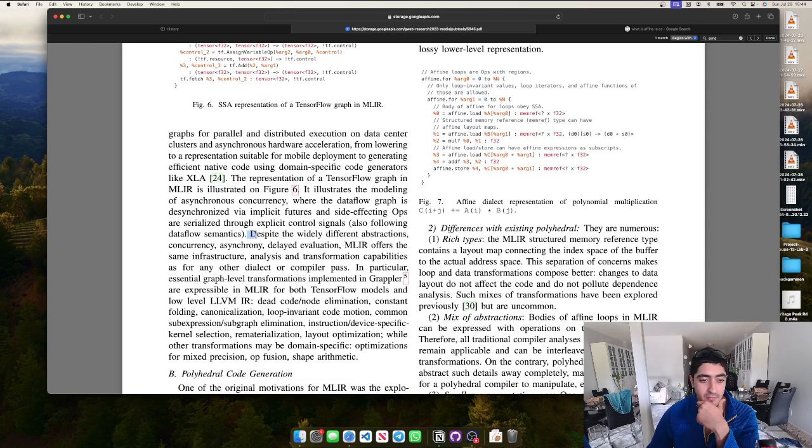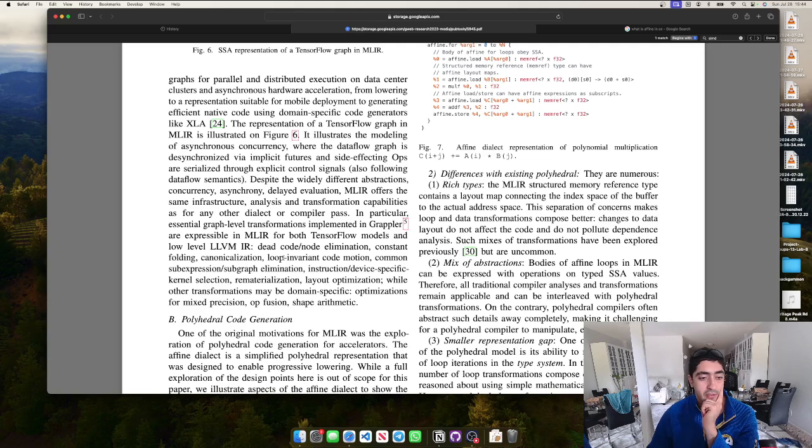Despite the wildly different abstractions, concurrency, asynchrony, delayed evaluation, MLIR offers the same infrastructure, analysis, and transformation capabilities as for any other dialect or compiler path. In particular, essential graph-level transformations implemented in Grappler. What is Grappler? Are expressible in MLIR for both TensorFlow models and low-level LLVM IR. Dead code node elimination, constant folding,